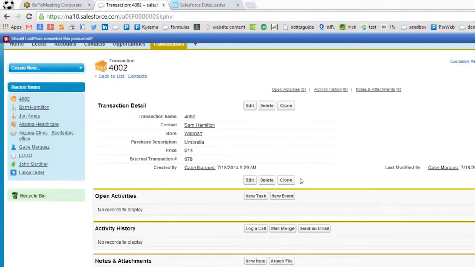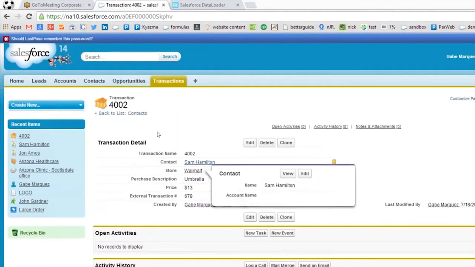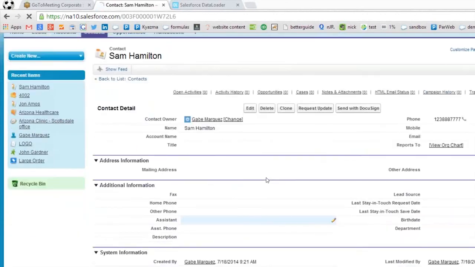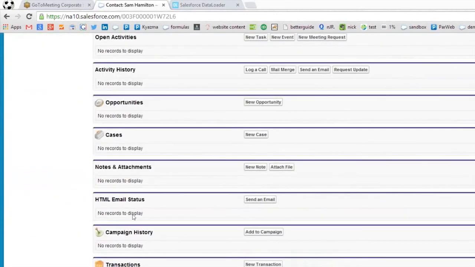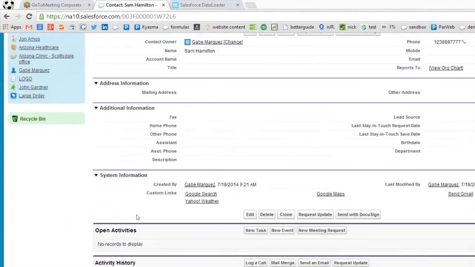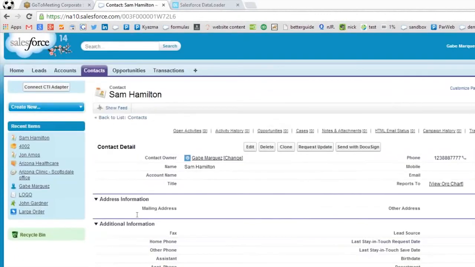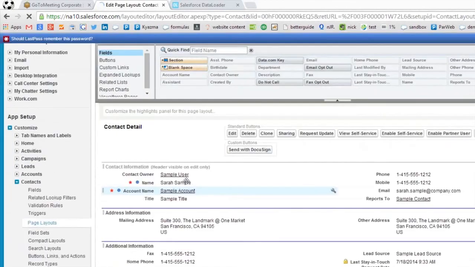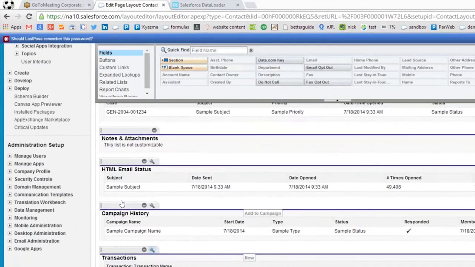So let me go ahead and click on transaction. Let's go back to Sam Hamilton. So here is the same thing. We have transaction, but this related list needs to be edited. So from the contact detail page, what information do we want to see? I'm going to go to edit layout, hit the wrench,